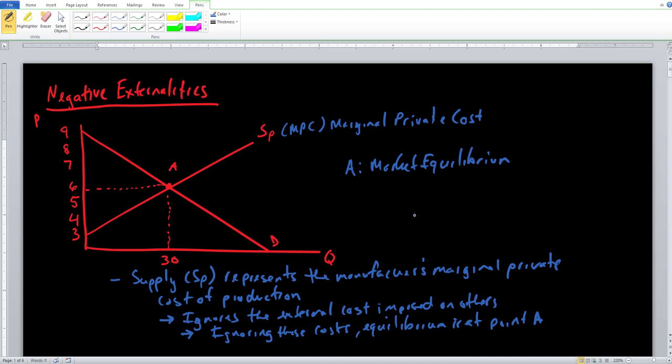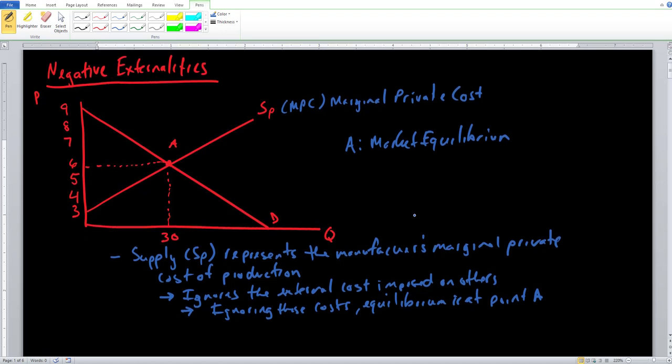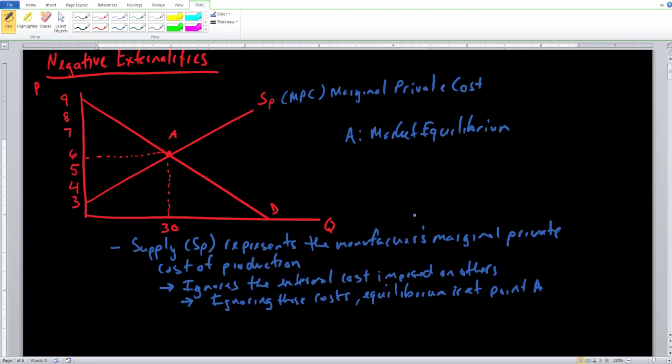So knowing all of this, the very first question that we can go ahead and ask is, what is the amount of efficiency and welfare that we have at market equilibrium? So far, we're just detailing a few of the very specific things that we already know how to do from the previous chapters. So first question is, how much consumer surplus, producer surplus, and total surplus is there going to be at that market equilibrium?